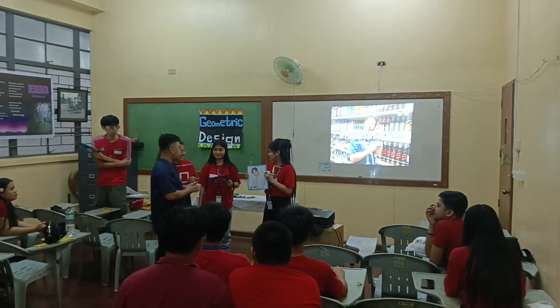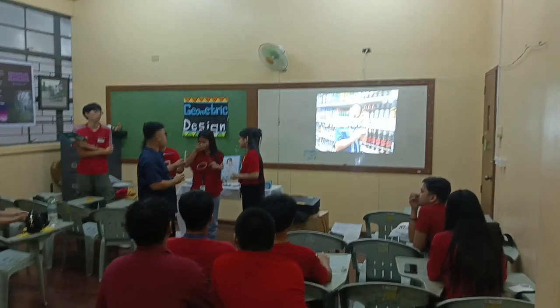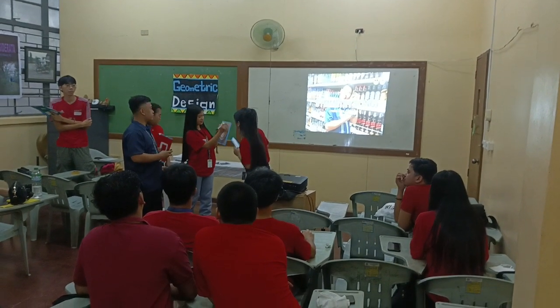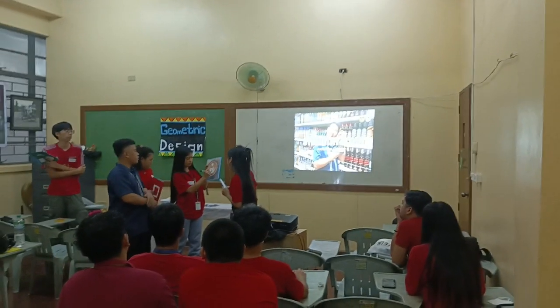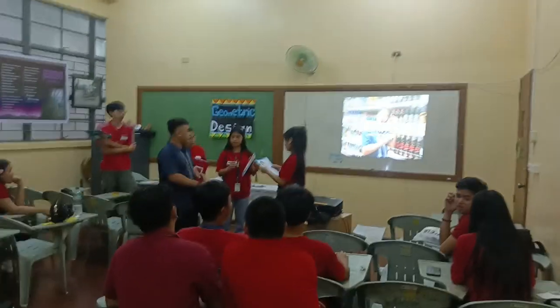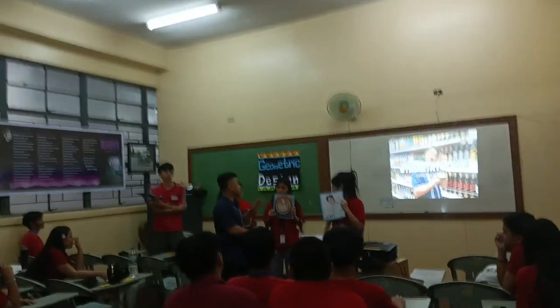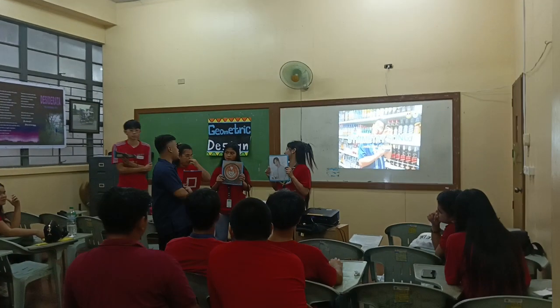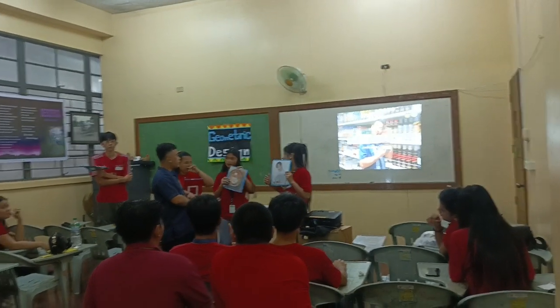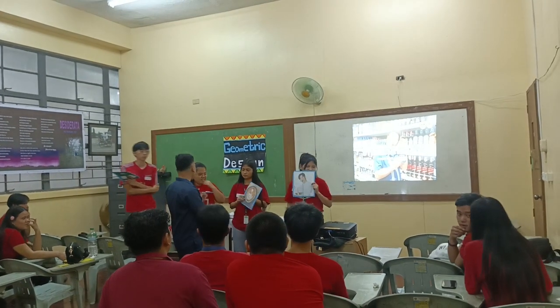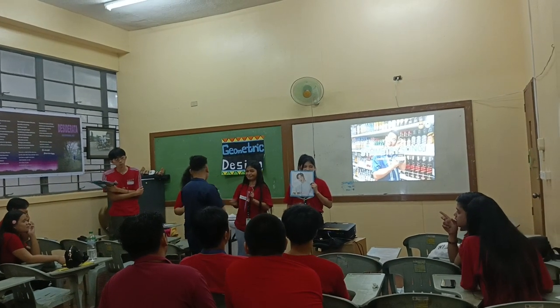Next we have the illustration. Where do you put your line? Okay, that was vertical. So why do you think that is? What do you call that? Symmetrical. Let me show you. It is symmetrical. So why is it symmetrical? Okay, it has the same sides. Good. How about Miss Ashley?